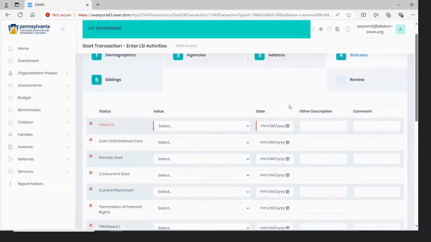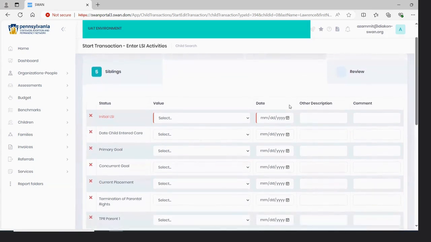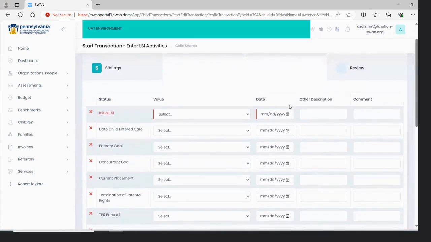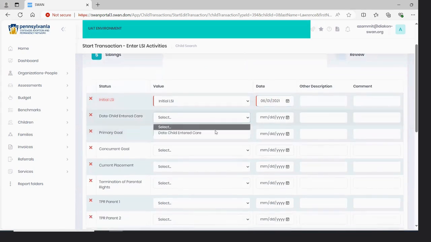At this point, to create a new child record, the only status that is absolutely required is the date of the initial LSI involvement. I'm going to say that that date is the same as Johnny's removal from the home, which was June 1st of 2021. We also know that Johnny entered care on that day